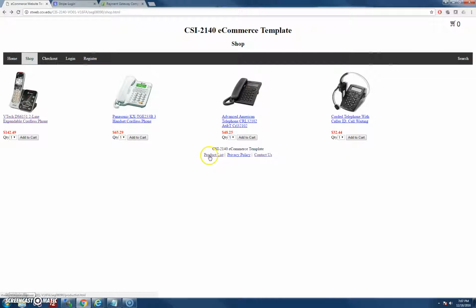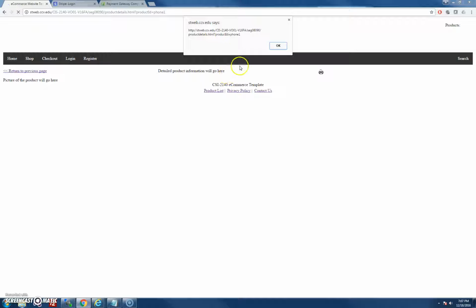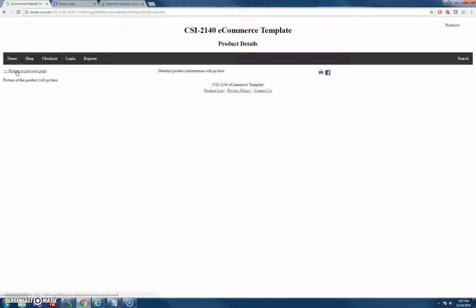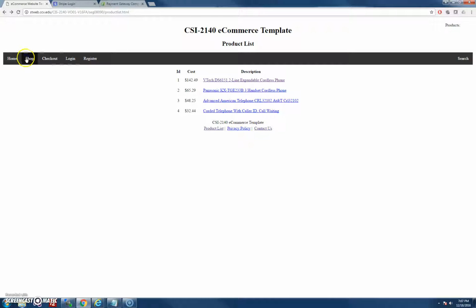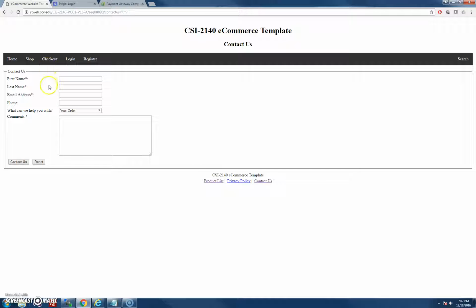Another thing I can do, I can go to my product listing page, and then here it just displays a message of the URL. Now what I want to do is go back to the previous page, and I'm doing that using the Windows object. So now let's go back to shop. I can go to the contact us page. Here I have a form, and in JavaScript,